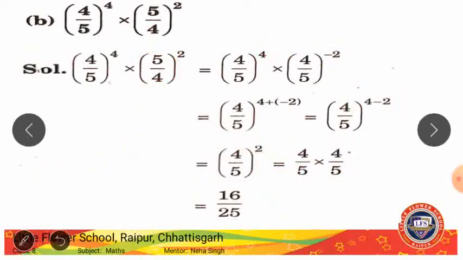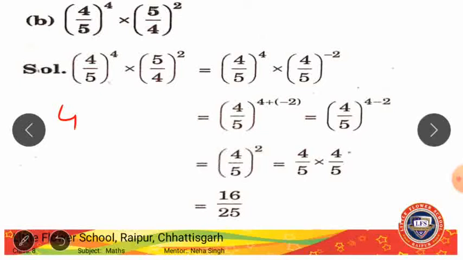Moving on to the second method which I had told. In the second method, like you did in the first question, you can separate this. But the first method was easy and short also. This method will go a little lengthy, 3-4 steps will increase if you do this method. Anyway, I'll explain both methods.